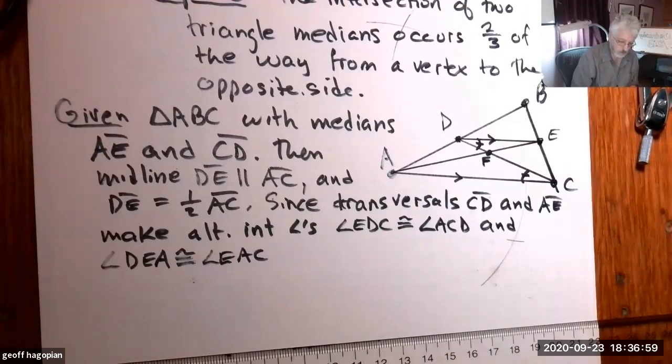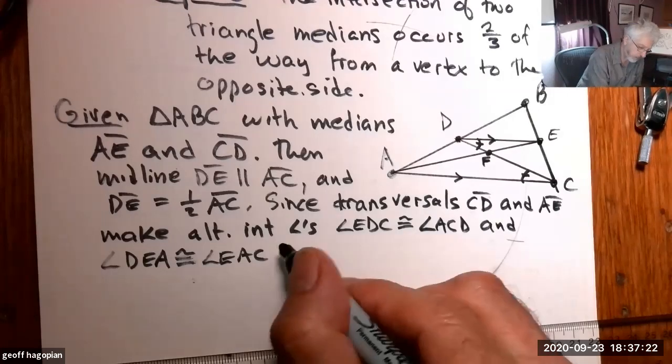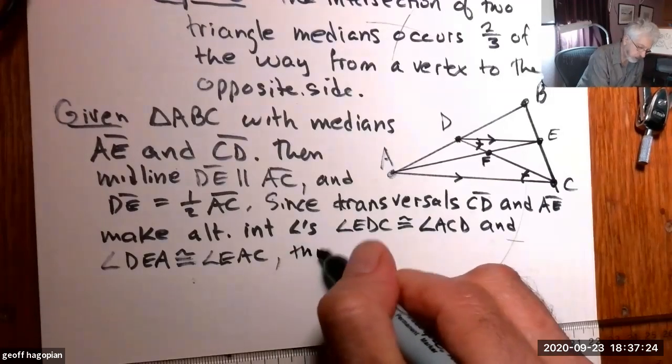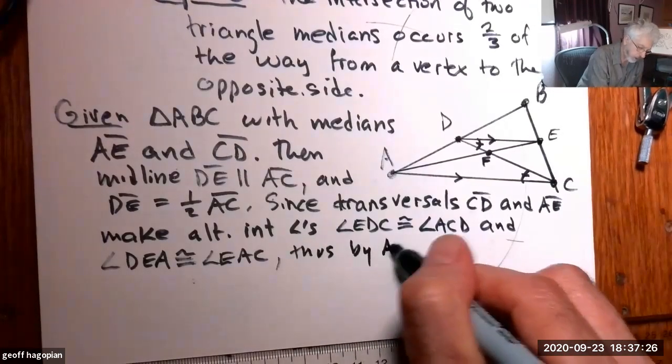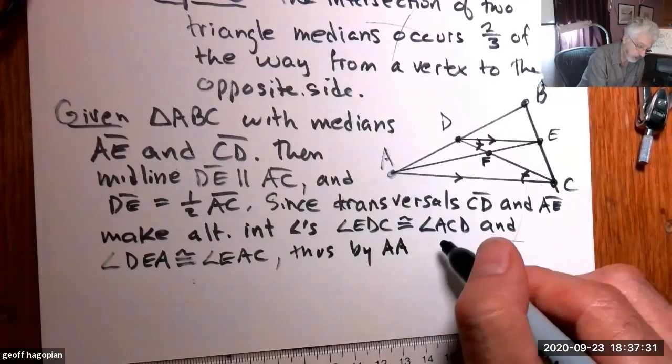So all you need for two triangles to be similar is if two angles are the same, because if two angles are the same, so is the third. The sum of the interior angles is 180 degrees, right? So there's only one thing the third angle could be. If you know two of them, you know the third. All right, so thus by angle, it's meaning that all we need to know are two angles. Triangle